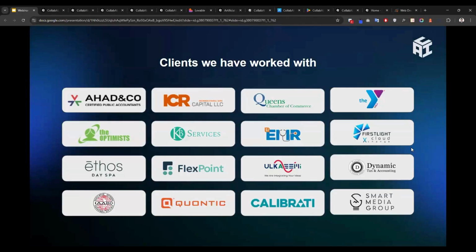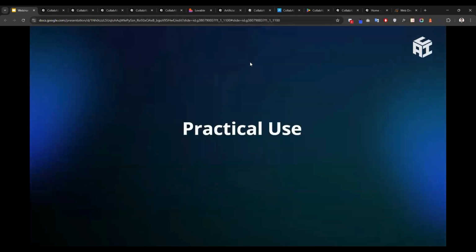So with the vast knowledge and experience of our agents, we have worked with a lot of clients. Here are a few of the clients that we have worked with, and they are very happy with us. So let's dive into some of our practical agents and practical library, how we are helping with the agents.